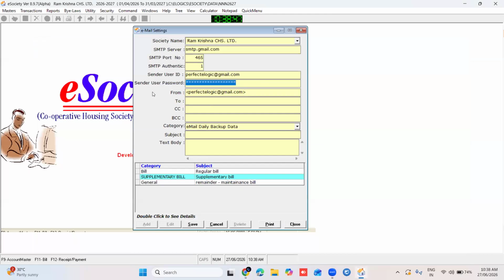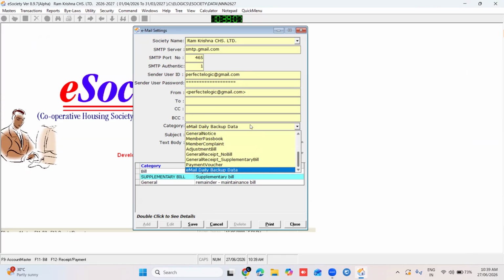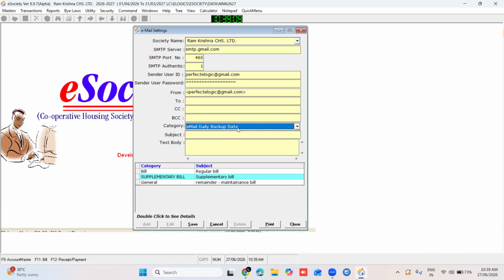paste here. This setting is required when your bill, supplementary bill or any other. You have set this email ID other than your society's email ID. You have not set this password at that time. You have to set this setting. After that, click on save. Here, after selecting the category email daily backup data, you have to enter the subject, data backup.